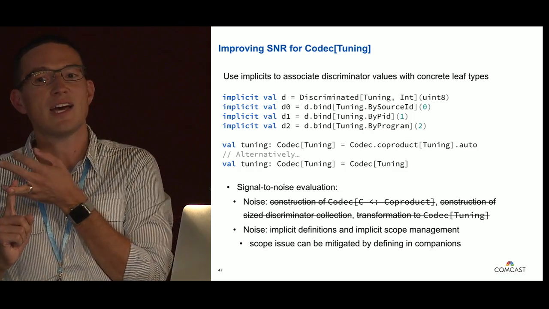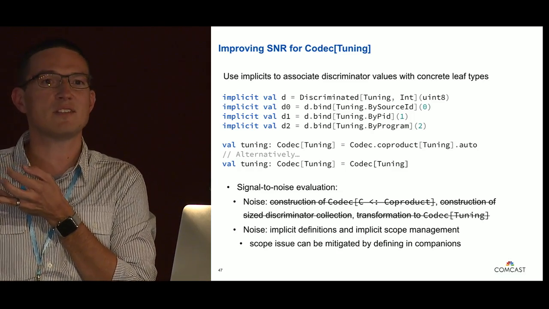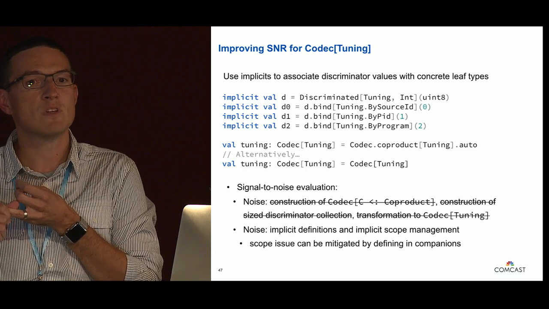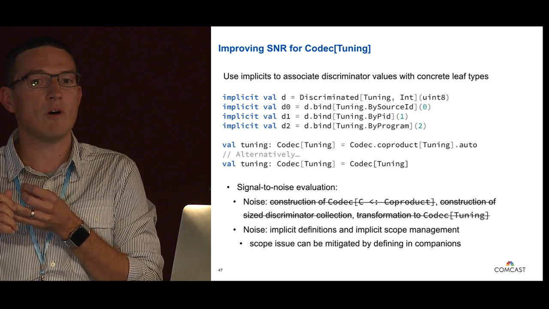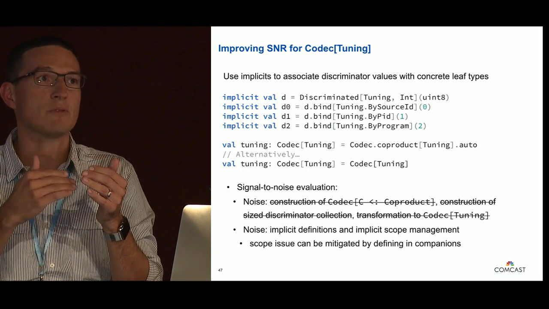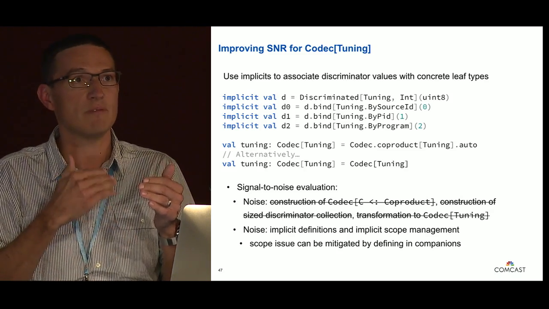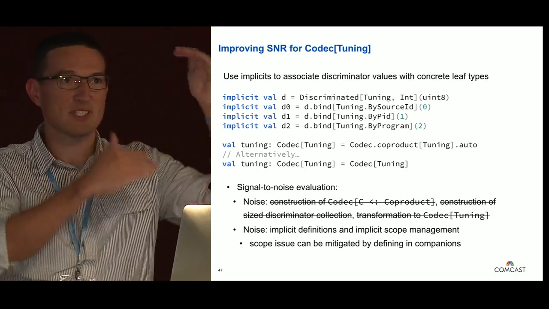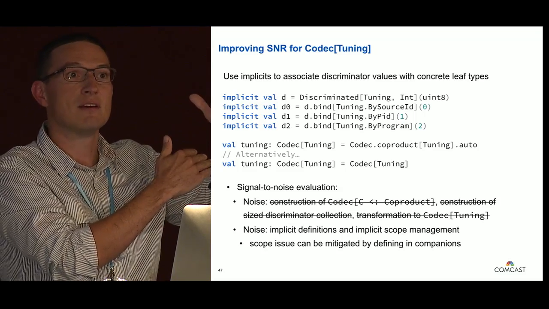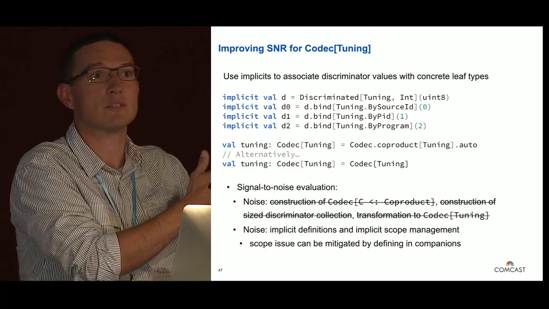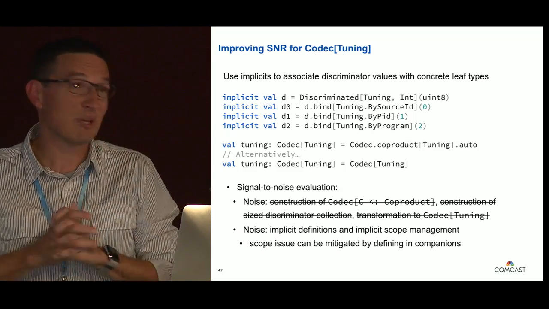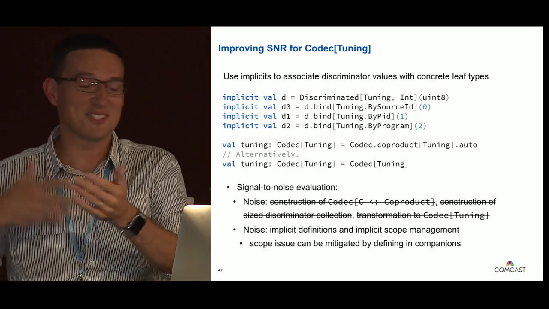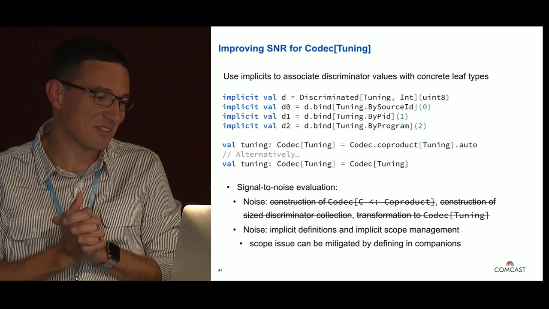The next is that, at least with this pattern, I tend to see this used where all of the subtypes of the trait are defined in the companion of the supertype. So then you really just have a set of these implicits all stacked in that companion. They end up being defined locally as a result. But yes, this is completely a trade-off as to whether you want to deal with this or not, deal with